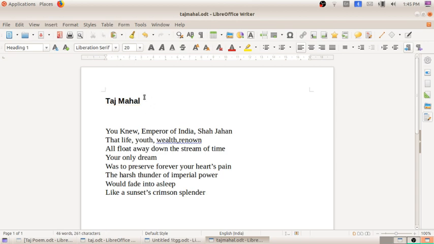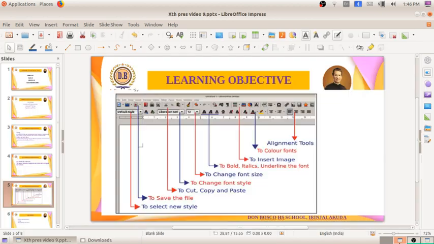Did you see the change here? Automatically a new style occurs for this text. It got bold. The size also changes, right? So this is the style. This is style formatting. Okay, different formats we are going to use here, and the first formatting is style formatting. Okay, next one, what is written here.